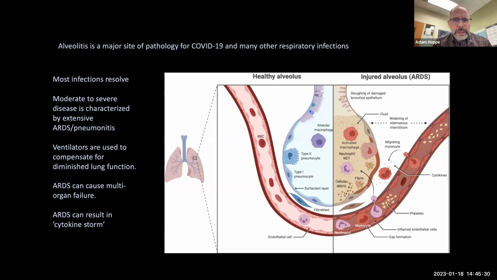So in COVID and many other viral respiratory infections, alveolitis is one of the major pathological hallmarks. That is inflammation of the alveoli, the region in the lung where the gas exchange occurs. And this inflammation of these alveoli is characterized by activation of macrophages, recruitment of neutrophils, permeability of the vasculature near the alveolus, activation of platelets, and so on and so forth. That, in the context of diseases such as COVID-19 and influenza, can drive much of the pathology leading to severe disease.